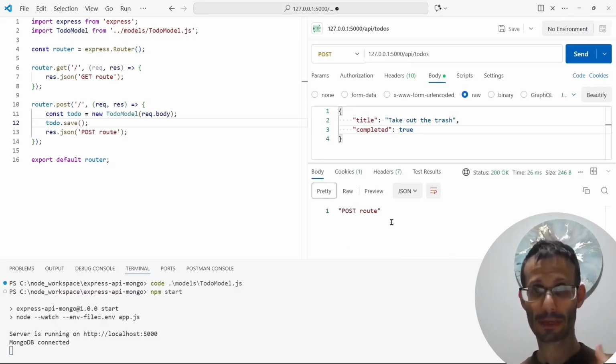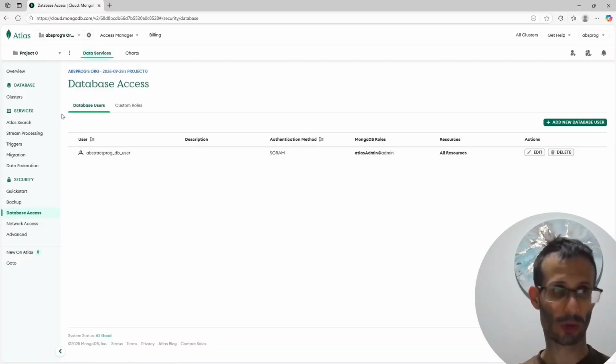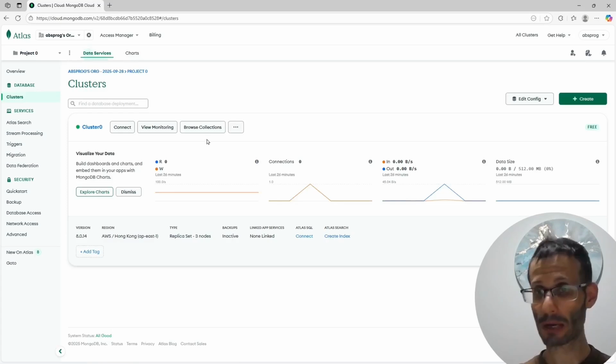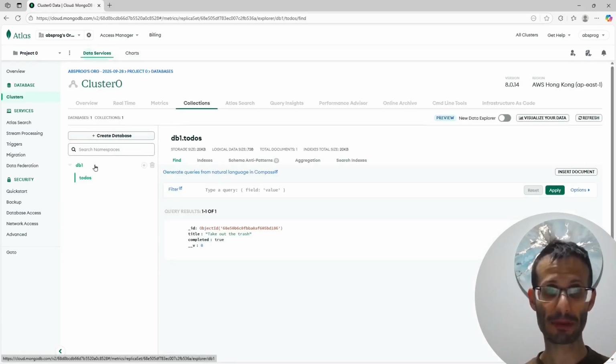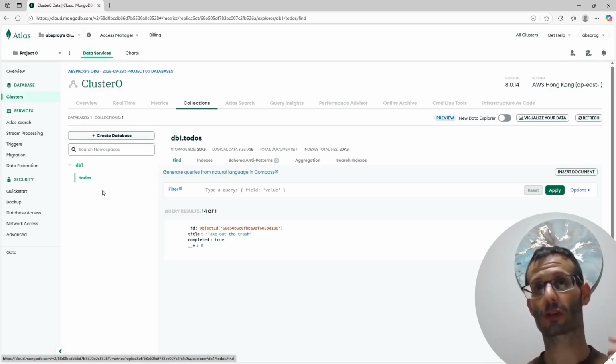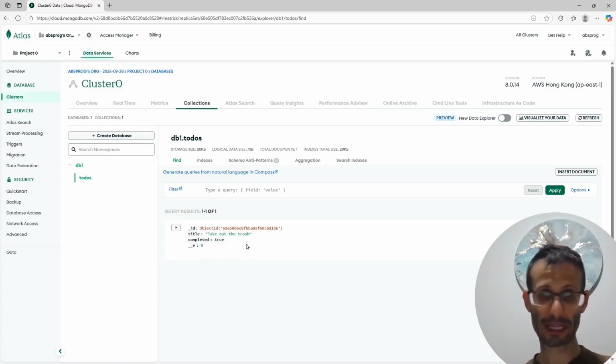And once again we can see post route, and let's open the MongoDB website. Let's go back to clusters, and here I'm going to choose browse collections, and here we can see under DB1, under this database DB1, that we have a new collection called to-dos, and it contains one document with the information